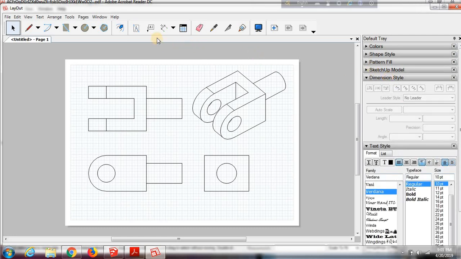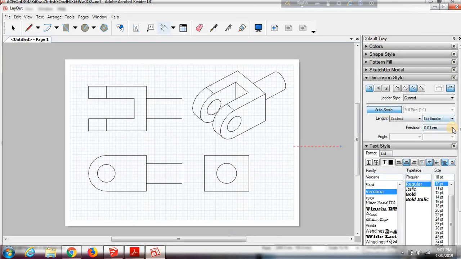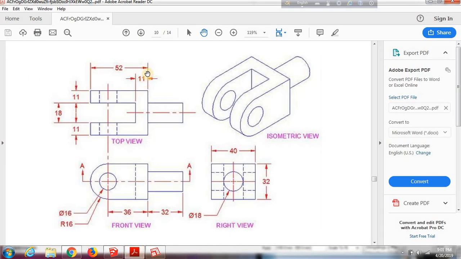So when I click on this dimension here, it's a linear dimension, you can see this has turned on and the unit is meter, so I will change it to centimeter here. And the precision in this drawing is no figure after decimal, so I will change it to 1 centimeter here. And the font size, I will change it to 14. Now let's see what are the dimensions I need. This one,